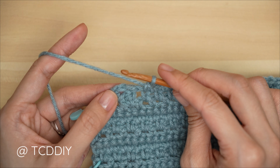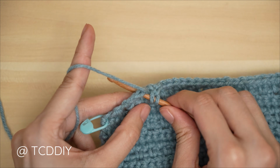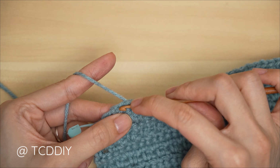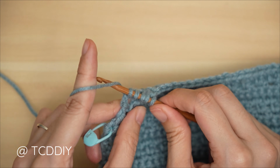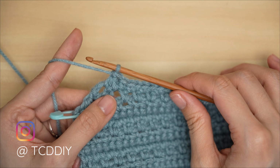And what we're going to do from here is a decrease of 3 double crochets again. So yarn over, in that first stitch, pull through, next stitch, pull through, and next stitch, pull through. Yarn over, pull through 4, yarn over, pull through 2, and the last row is a back loop single crochet